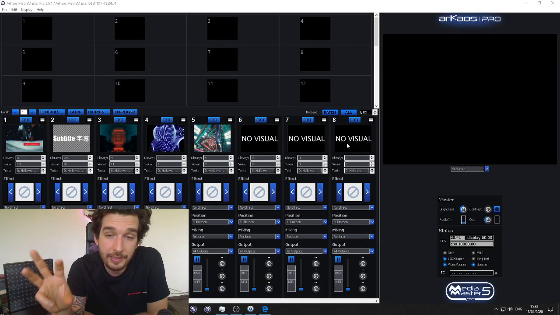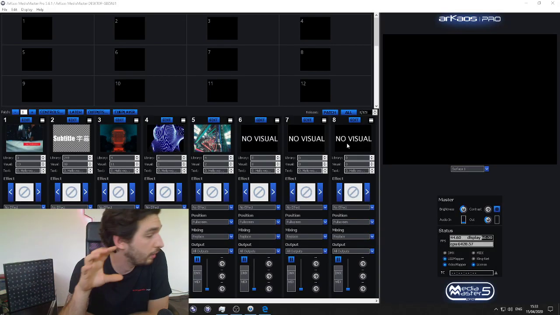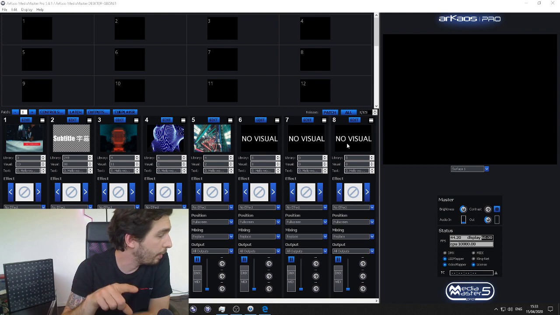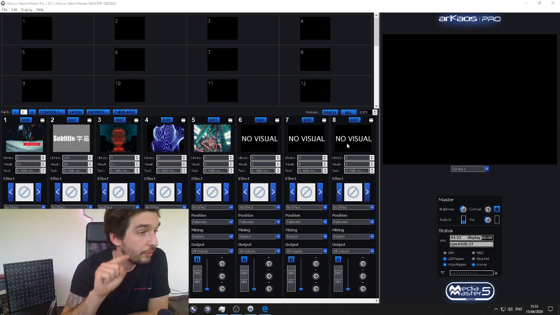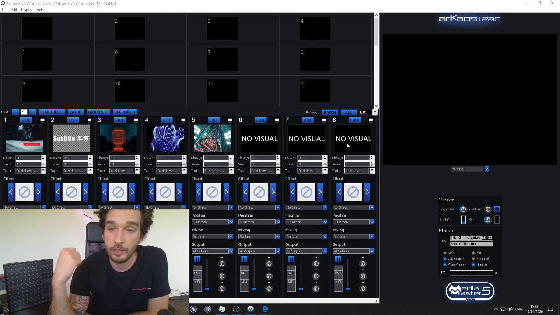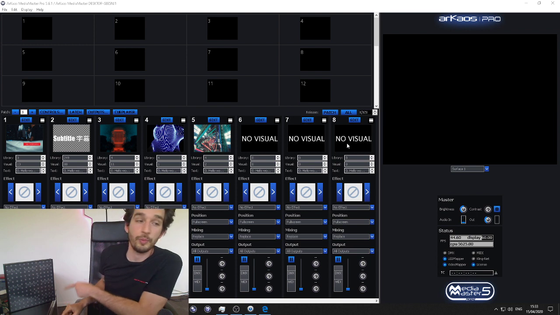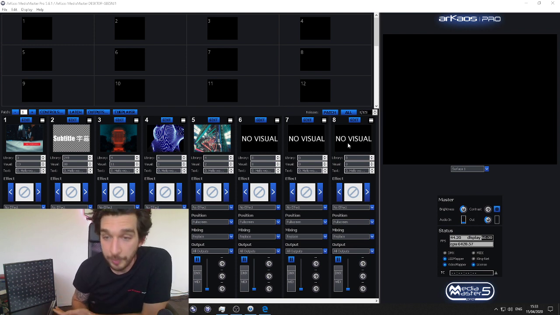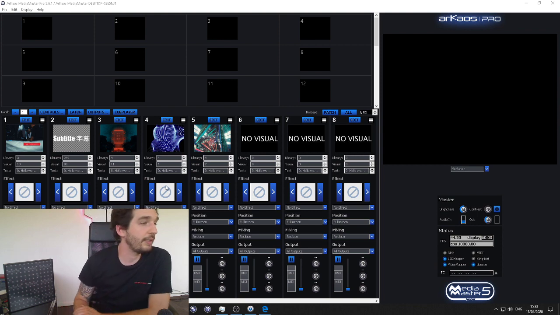What's happening right now is that MediaMaster is basically loading the mapping file from the library to its system, to its engine. You could see that at the same time my output went black. That's because MediaMaster is on now. I have a blue LED. Everything is fine. My system is ready to play.